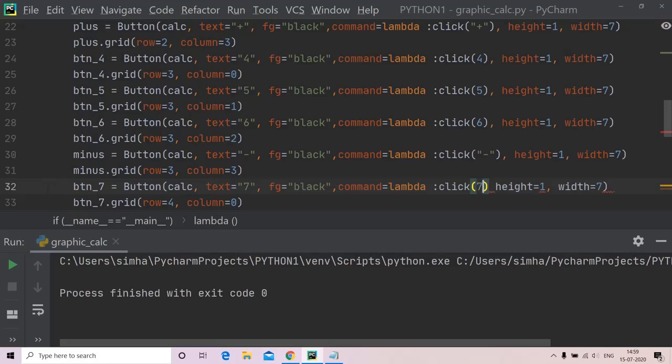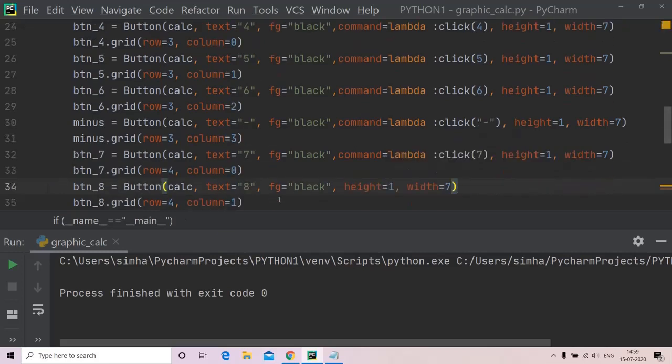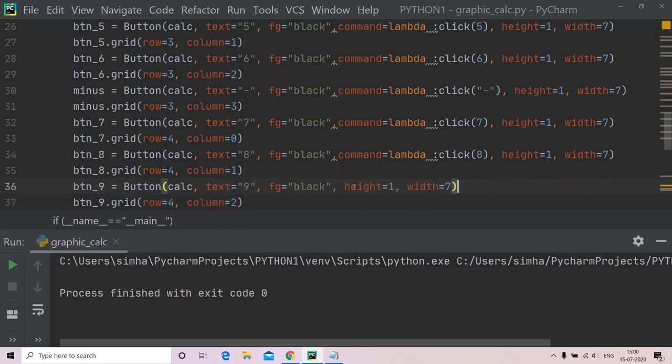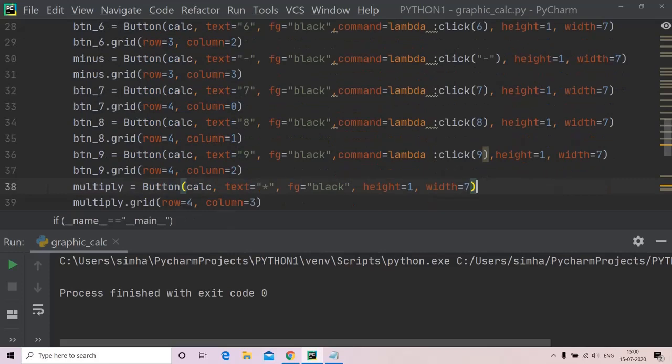Here 7, and then 8, 9, and for my multiplication operator,